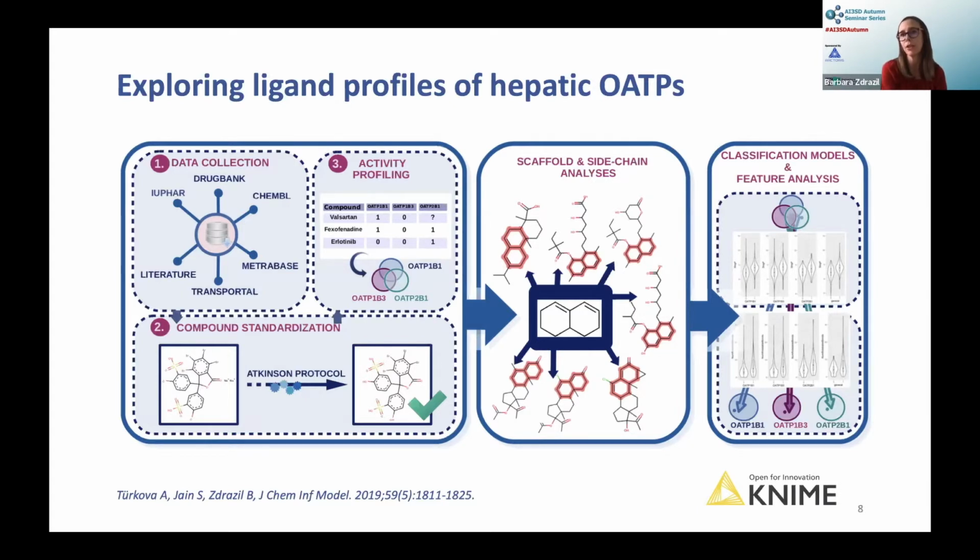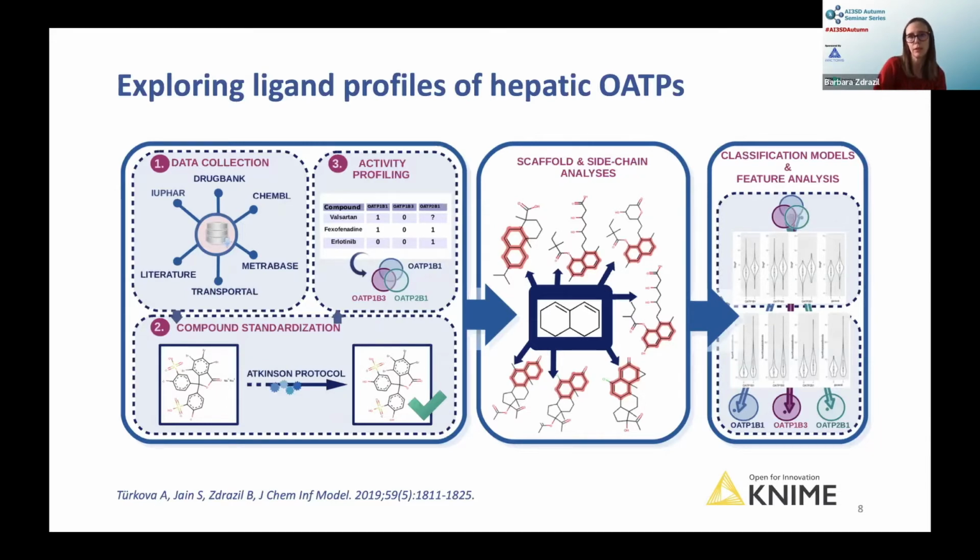So first, establishing a model for all 3 transporters at once, a model that can distinguish between hepatic OATP inhibitors and non-inhibitors, and then 3 separate models. But these models weren't really built for in vitro screening of new compounds, but more for interpreting which features drive the separation here, and gathering more knowledge about those